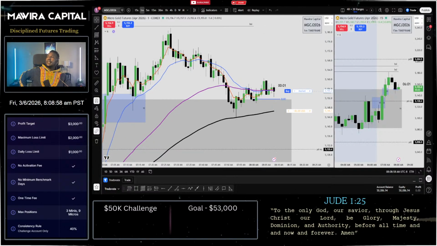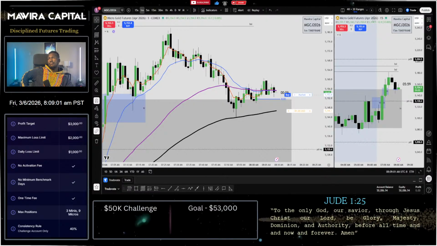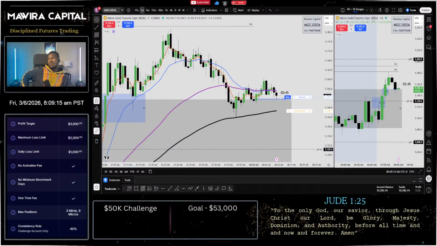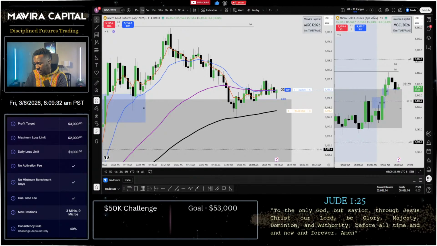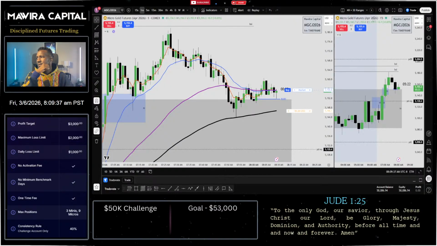So hopefully this weekend I can get a new design for a new overlay. I think this is just too much. I'll need the charts to be bigger and then get rid of some of this information. I still need the brand right there and my webcam right there, the Bible verse, and of course the progress here, which keeps disappearing. I wonder why.